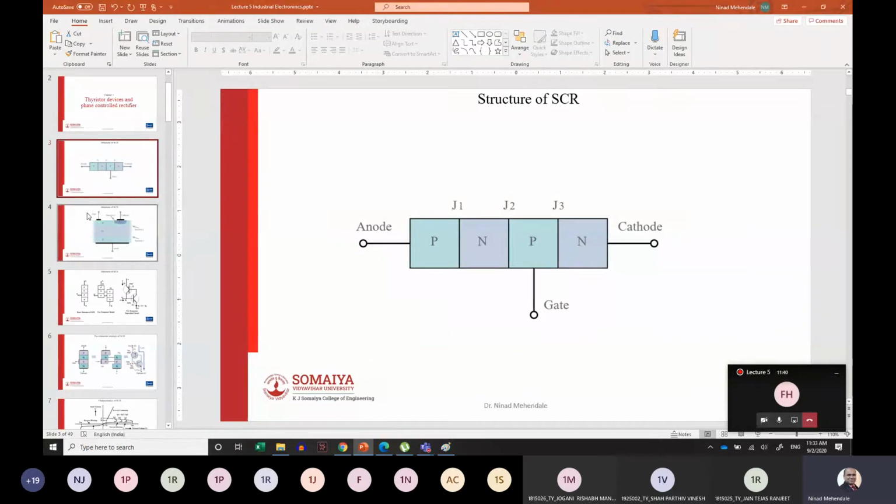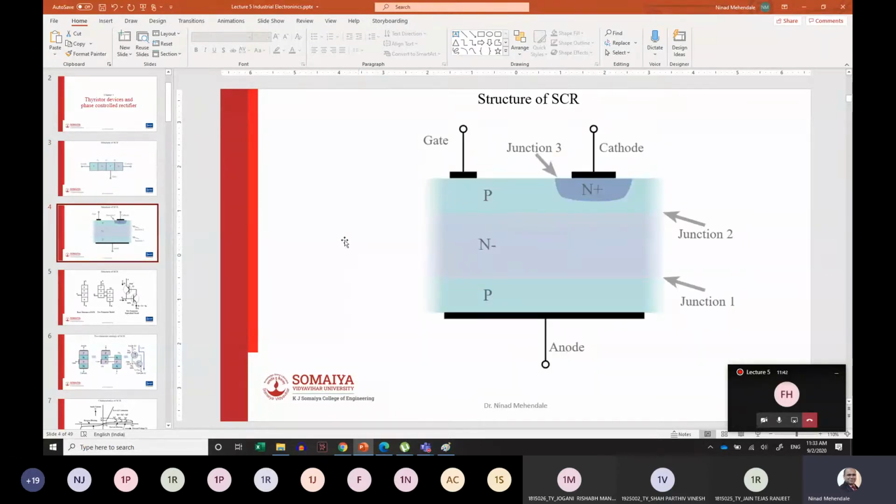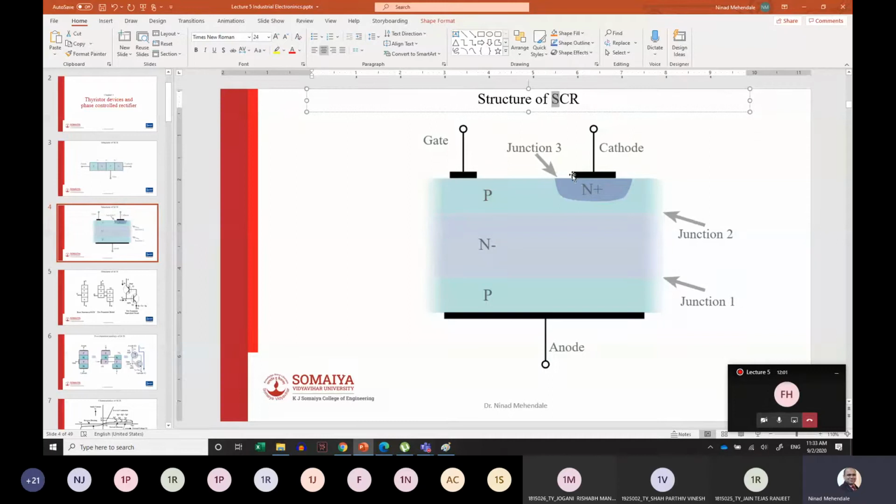So you can imagine a three-dimensional structure might look something like this: a cathode, then there is a small portion of it, then there will be an anode, p type, then n minus, p and n cathode. So this is how a silicon controlled rectifier looks like. Now, as the name says, it's silicon. So it is made up of silicon, either p type or n type silicon, and then something called a controlled